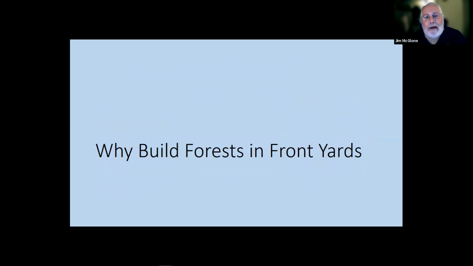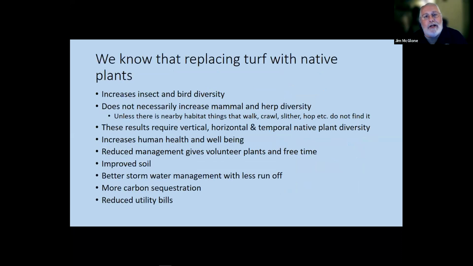And most of this has probably been covered already, but I'm going to go over it again. We know when we replace turf with native plants, we get an increase in insect and bird diversity. We don't necessarily get an increase either in diversity or numbers of mammals, reptiles, and amphibians. And that's an important point